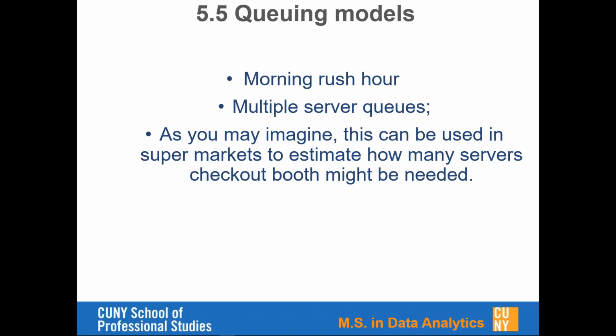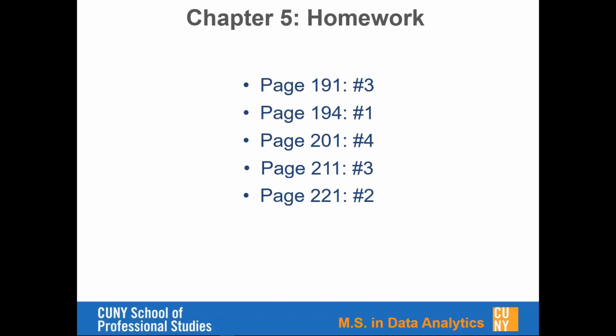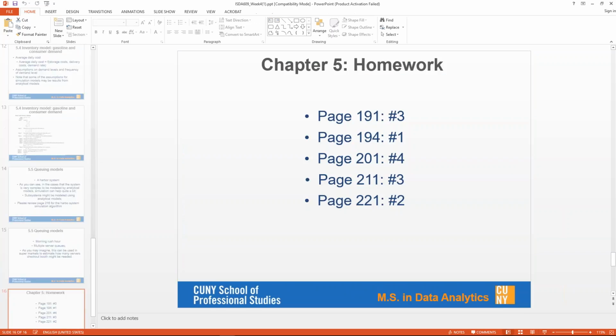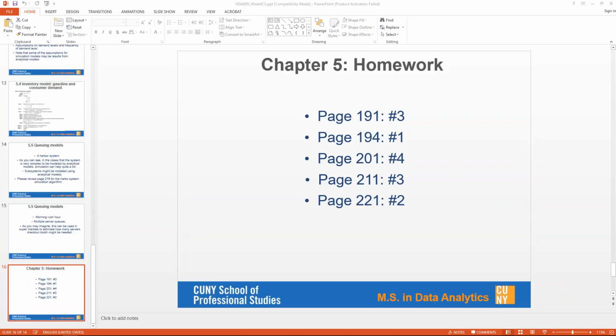And then some other models mentioned earlier, like morning rush hour and multiple server queues. These can be used in supermarkets to estimate how many server checkout booths should be needed as well. This is a homework, and let's go to the